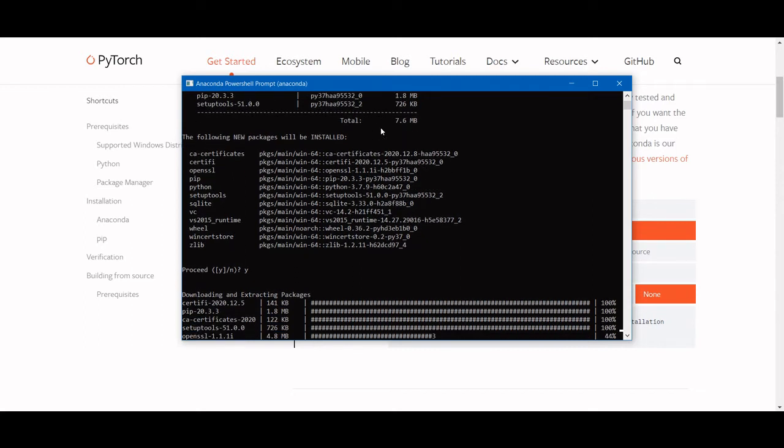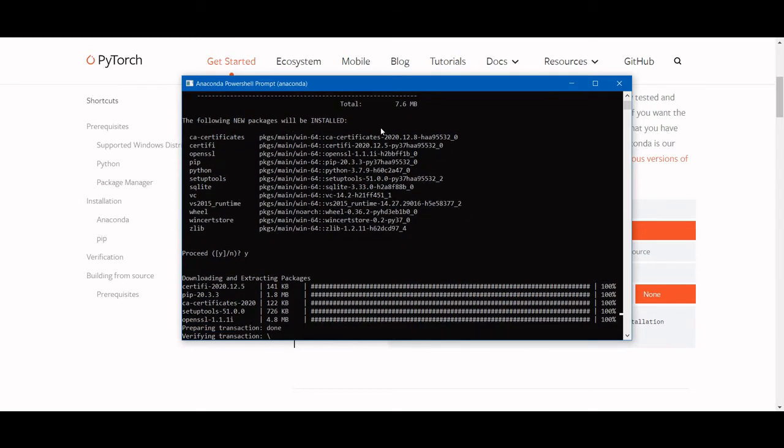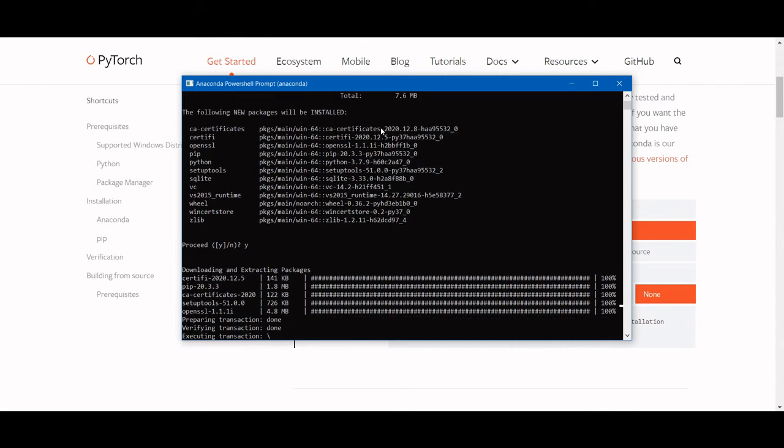In this playlist, I will talk about PyTorch and its components, like what are tensors, what is NumPy, and how we can use PyTorch in our deep learning projects. I will solve a deep learning project with the help of PyTorch.